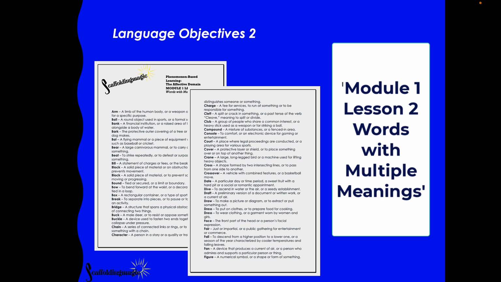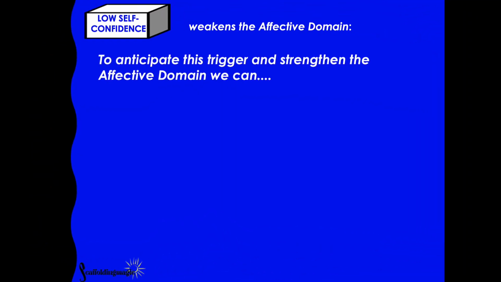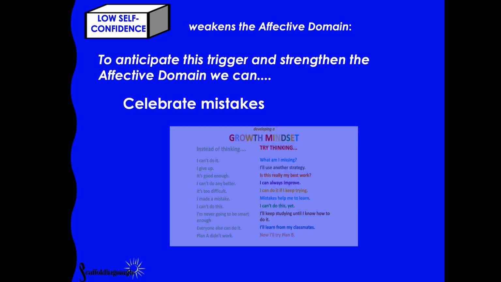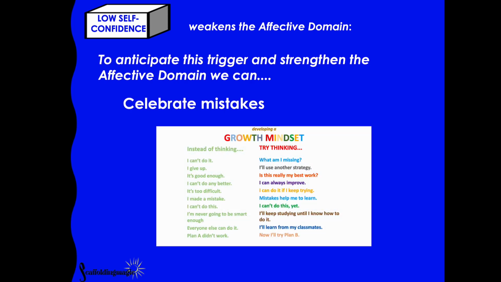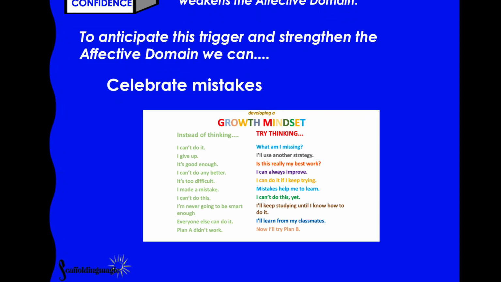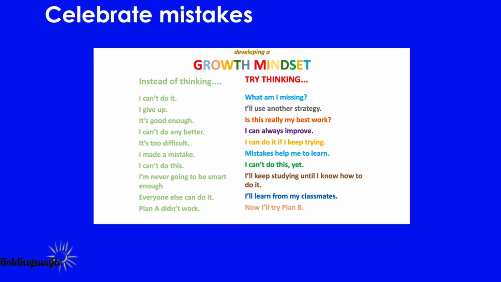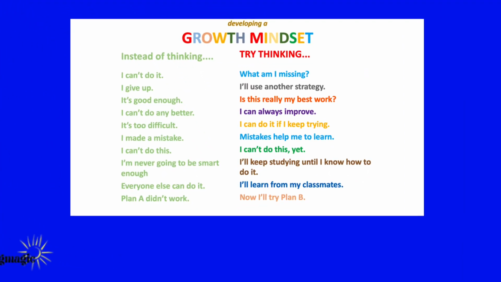And you'll find more resources for academic language with multiple meanings for higher education in that section as well. Another trigger that blocks learning is low self-confidence. Students with low self-confidence or who judge themselves harshly don't want to make mistakes, especially in front of their classmates. And so, for instance, they won't raise their hand to answer questions, or they won't take chances so they don't